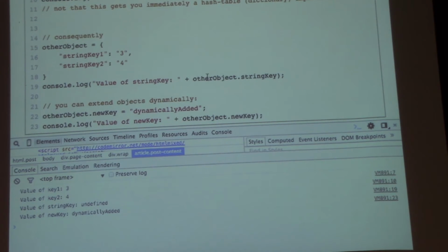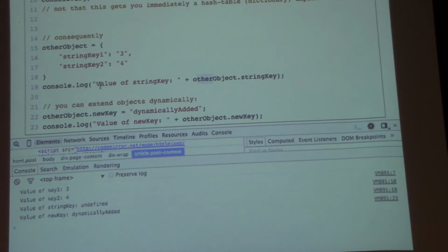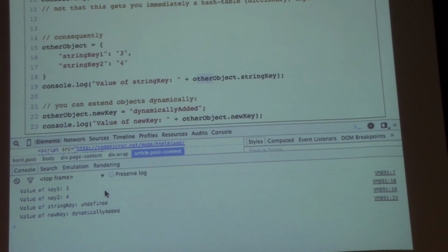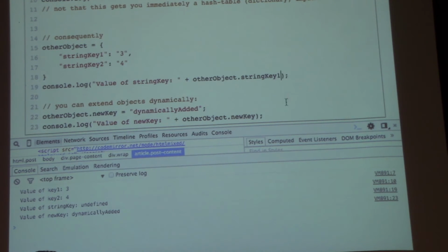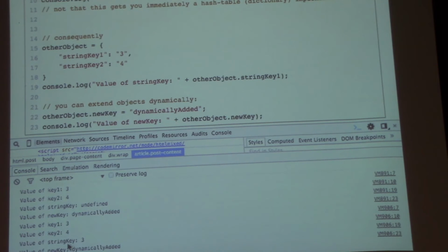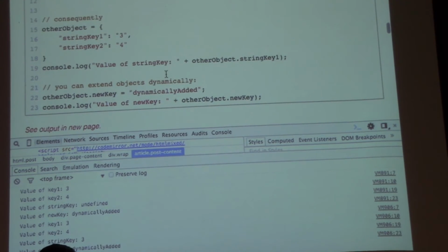And here you can see that this works equally. The value of string key is undefined. Oh, because it's a string key 1. Yeah. So here we have 3, and then we have the one other interesting thing, of course, in JavaScript